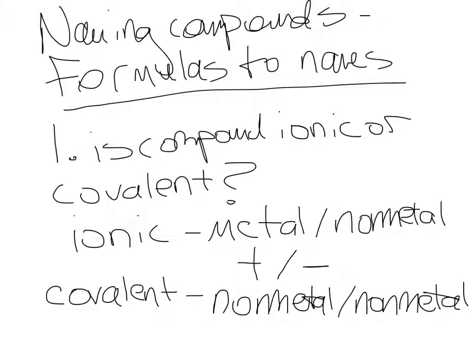All right. Go to the next slide. So again, you need to see, is it ionic or is it covalent? If it's ionic, those you'll have to look at and see if it's got a polyatomic or transition metal. If it's covalent, you are going to